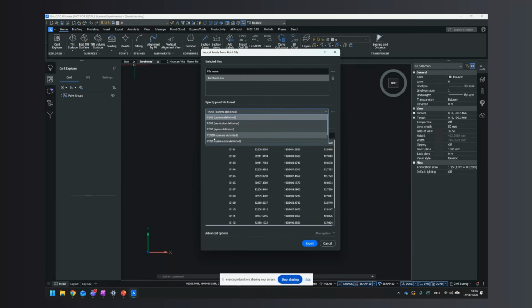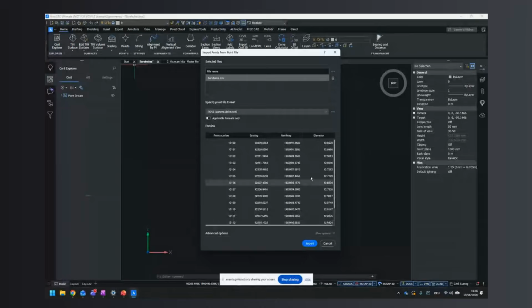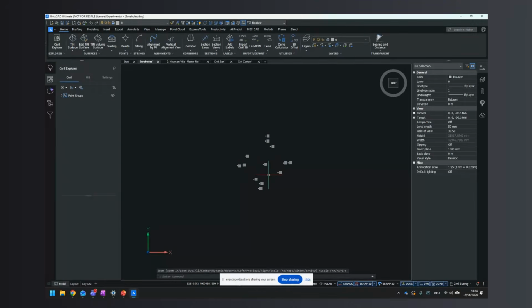Do we have another description in it? So whenever this comes into play, we can always manipulate the format, define the delimiters, comma into space, and define what kind of columns it's going to read out from the file. So once we do that and make sure that the preview works, we import everything, and voila, we have the